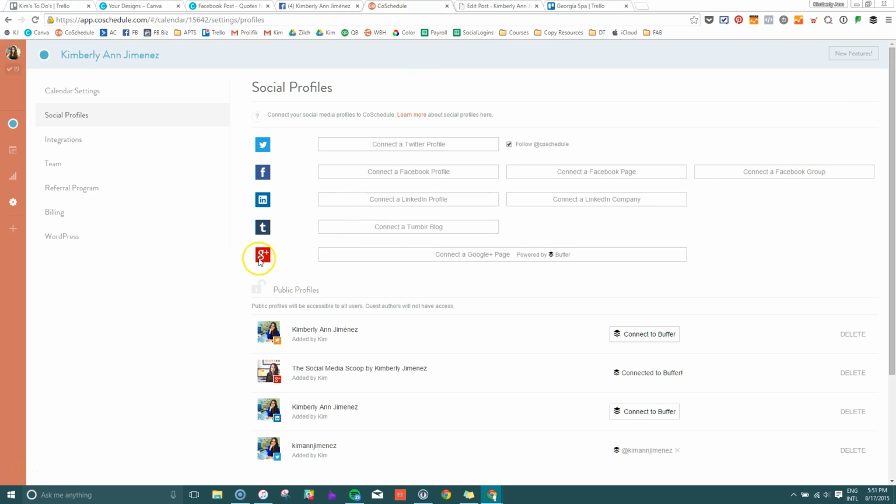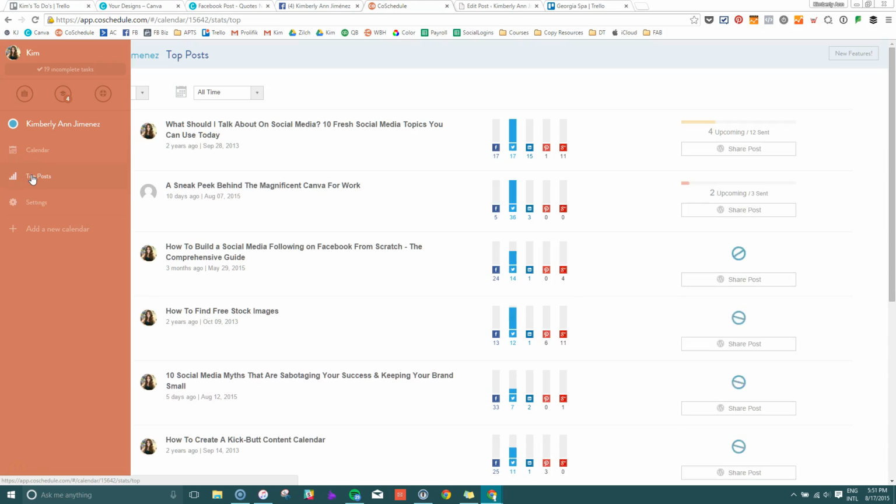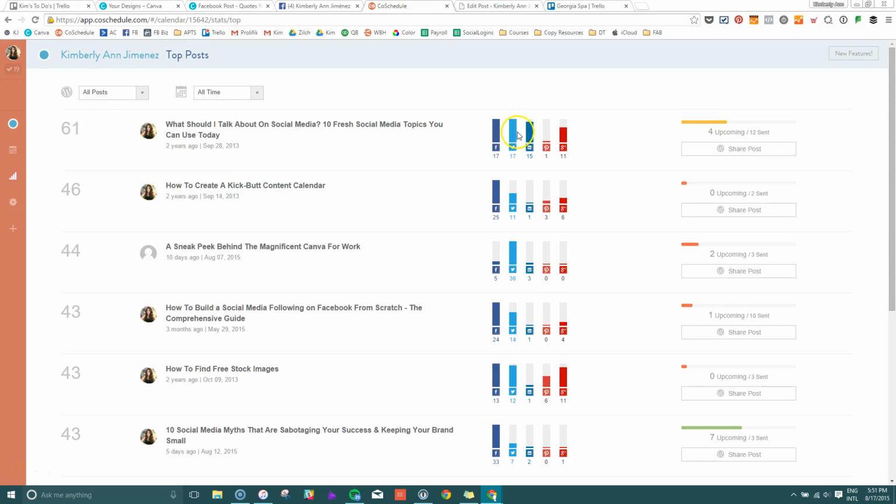Now, your Google Plus publishing will definitely be connected to your Buffer account. If you are going to publish on Google Plus, it has to be through Buffer. And I also wanted to show you, last but not least, how you can organize your top posts and make sure that all of your content is scheduled out. Now, I have a lot of work to do. As you can see, some of my top posts still need to be